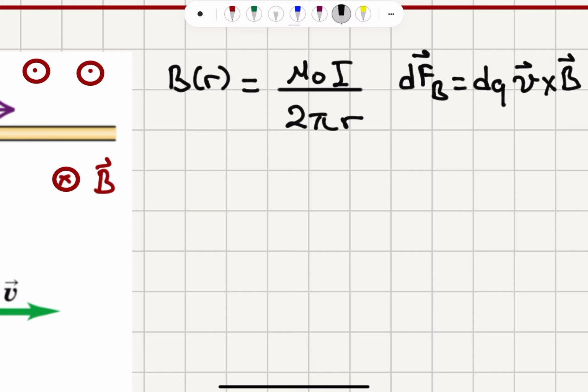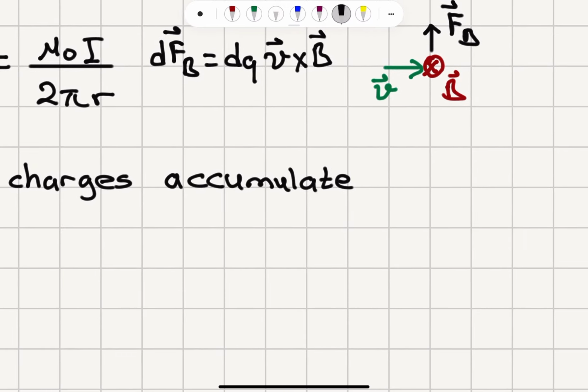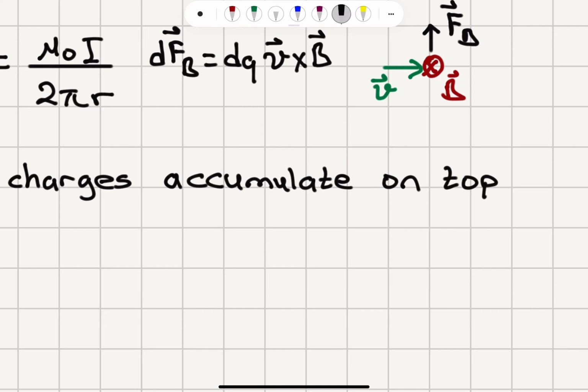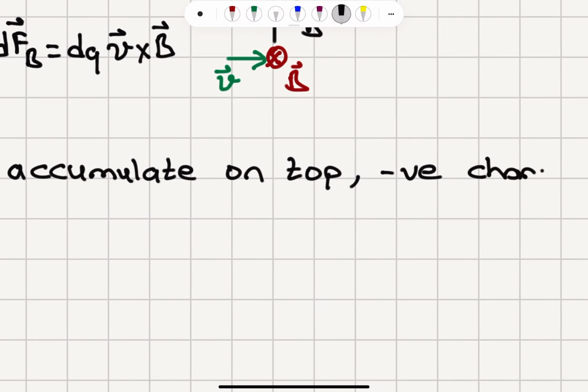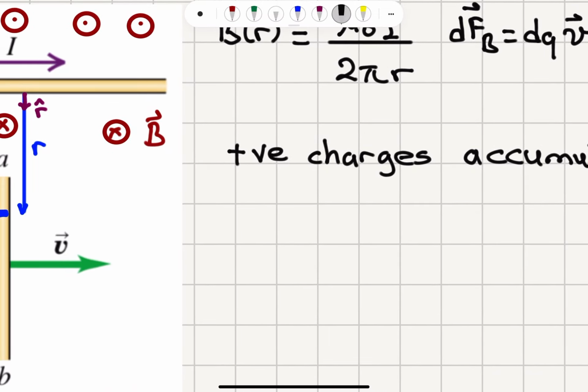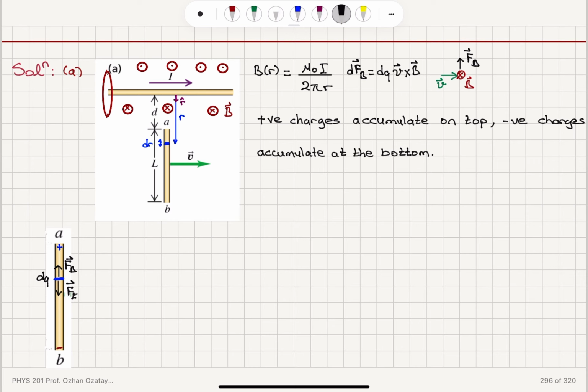So let me write this observation. Positive charges will accumulate on top due to the Lorentz force, and negative charges will accumulate at the bottom, so that means they're moving towards B. It's the negative charges moving, actually, leaving behind uncompensated ions. Okay, so